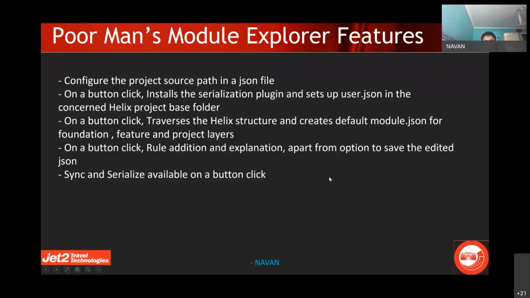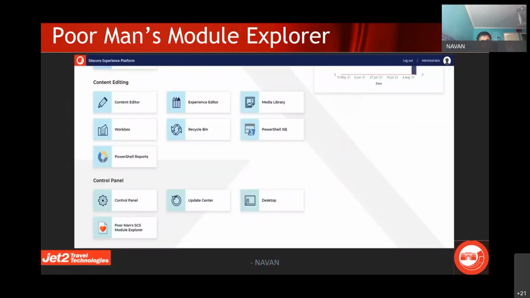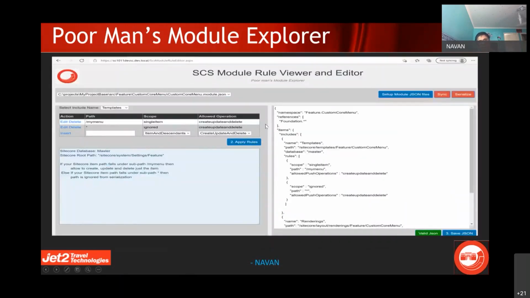Then there is a sync, and obviously with sync and serialize, it's about sending Sitecore SCR push and Sitecore SCR pull. So those are the two commands that can be done even side by side in a window. So it gets installed as a module in the control panel, and then when you click that, you have the module rule viewer and editor where you can specify based on what is there in the Helix folder.